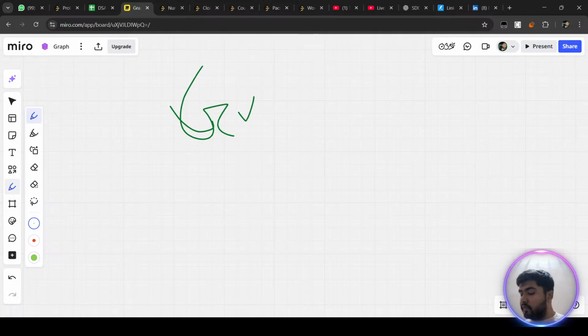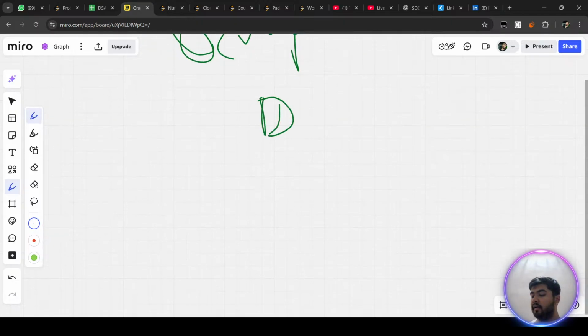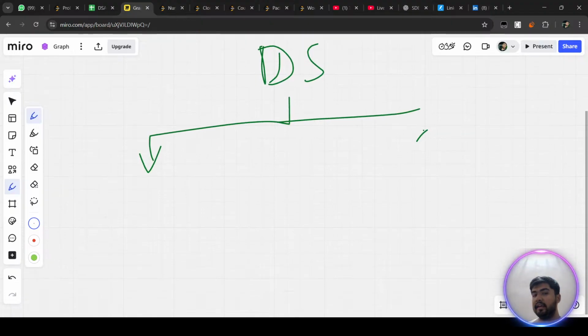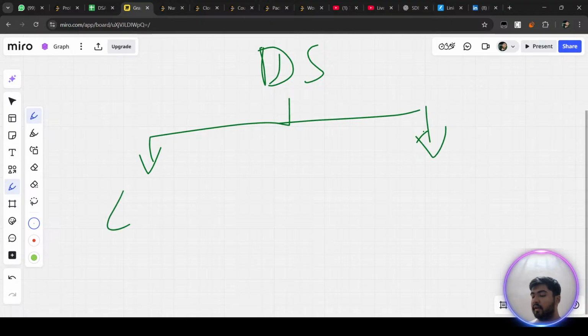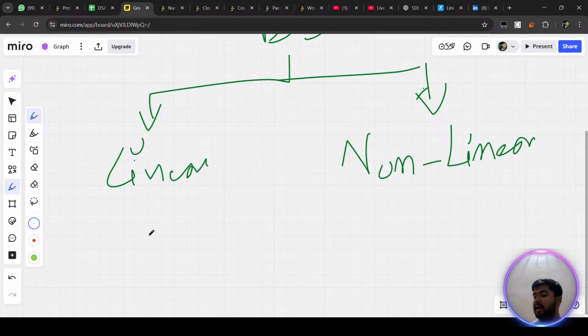So here we have our graph. In the data structure world, we have two categories. The first category is our linear data structure, and the second category is our non-linear data structure. Agree? You guys should be aware of that. So we have two categories, one is linear and the second one is non-linear. And